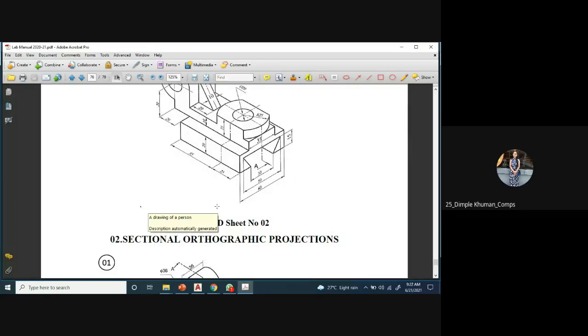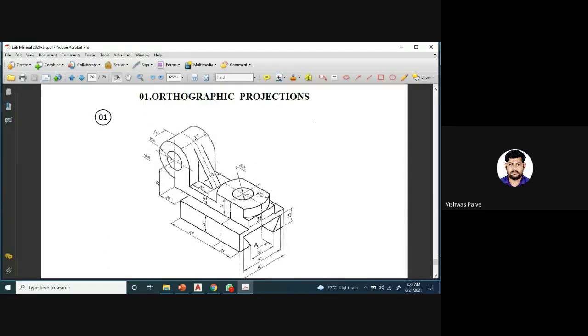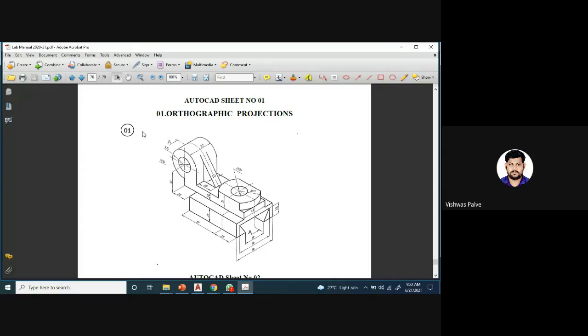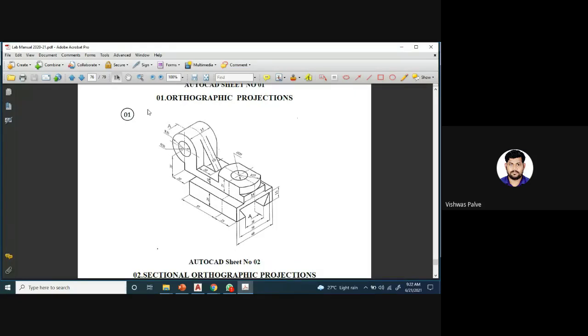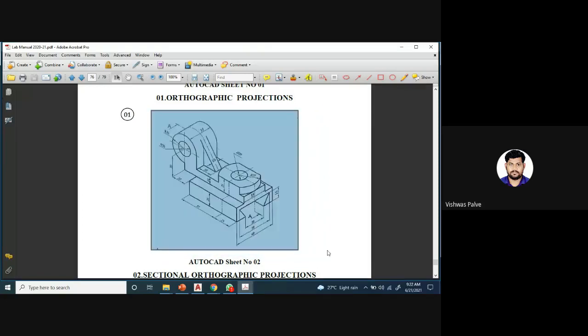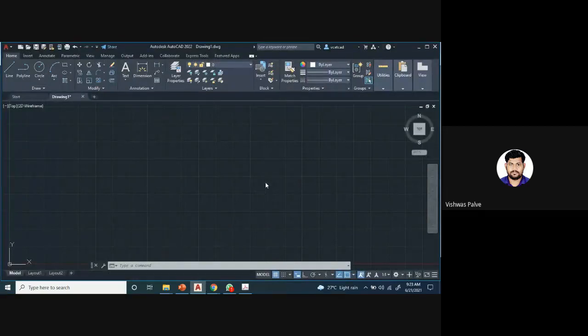Annotation is also left; while solving this numerical I will show you how to give the dimension. Annotation is nothing but the dimensioning part, dimensioning and text. We require this at least to solve this numerical, and then we can complete that part. So I will take this numerical into AutoCAD so that we can easily solve it.